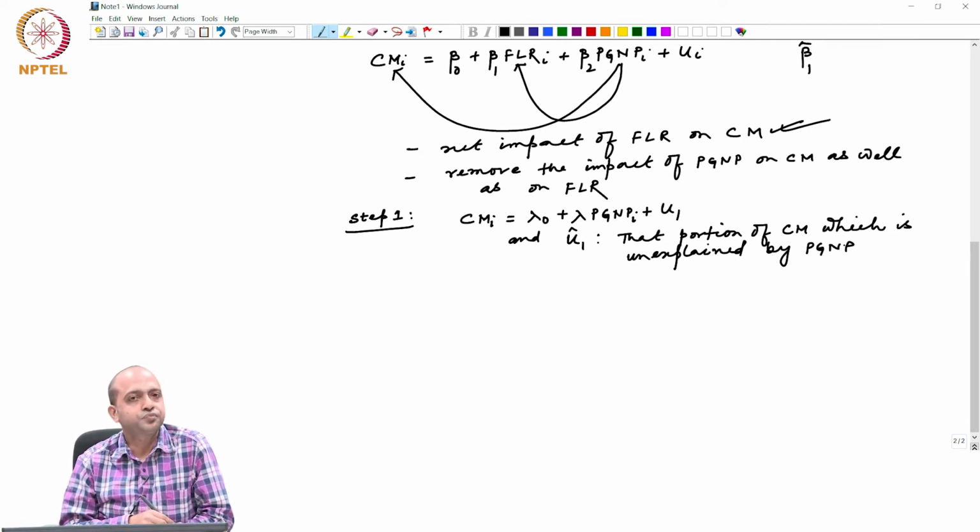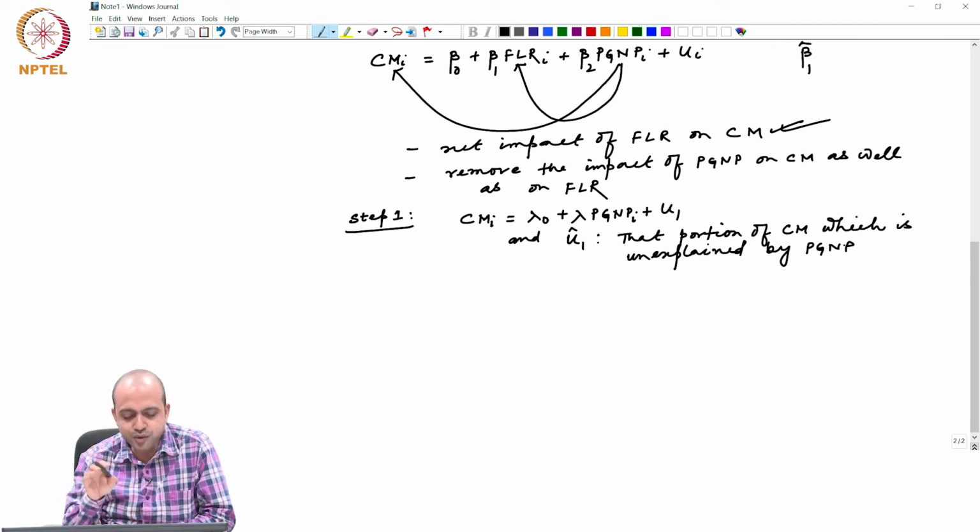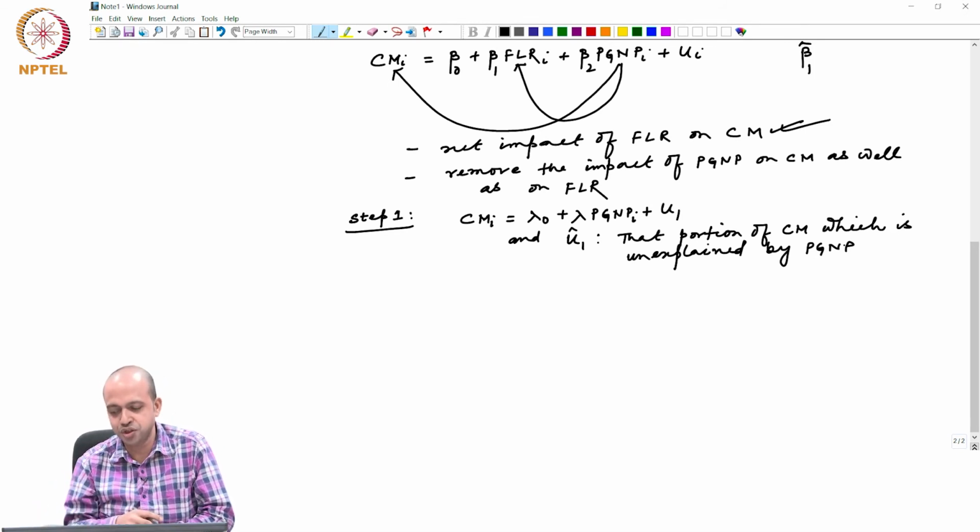That is all. Okay. So, that portion of CM which is unexplained by PGNP is basically captured by U1 hat. So, that means I can say U1 hat is nothing but the purified value of CM. It is also CM, child mortality rate only, but only after removing the impact of PGNP. PGNP will certainly explain certain portion of child mortality rate, since we have included this variable in the model. So, you remove this by regressing. How to do that? Get the U1 hat which is basically the residual,